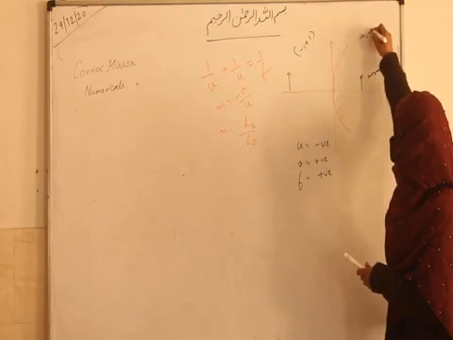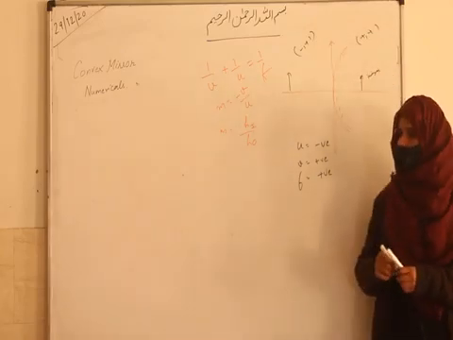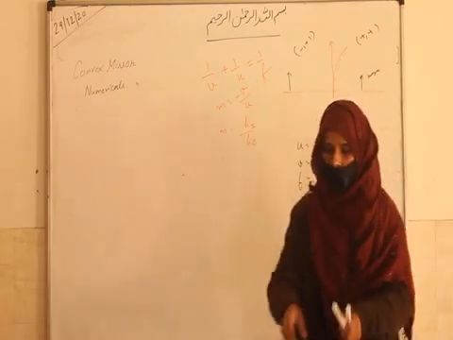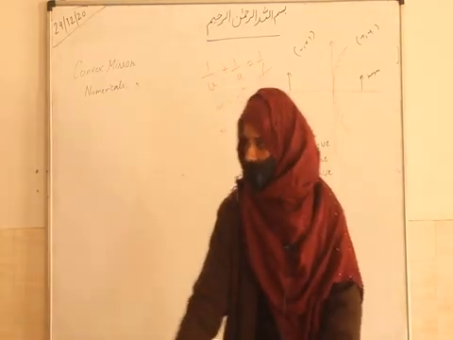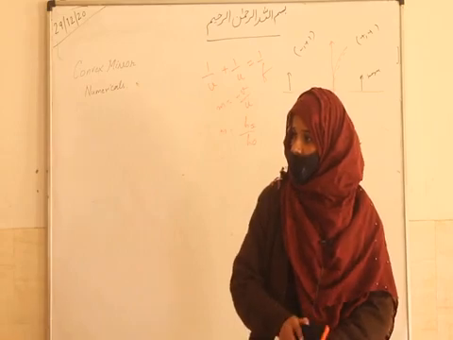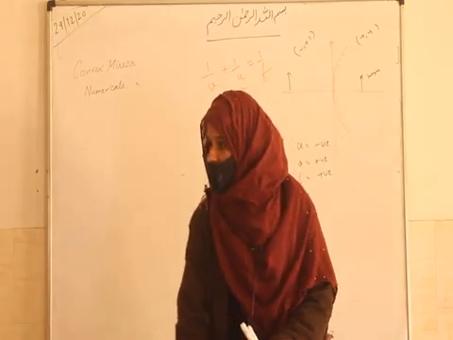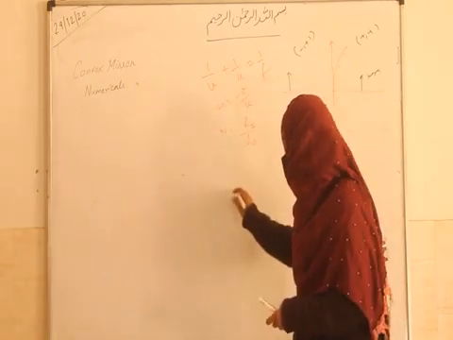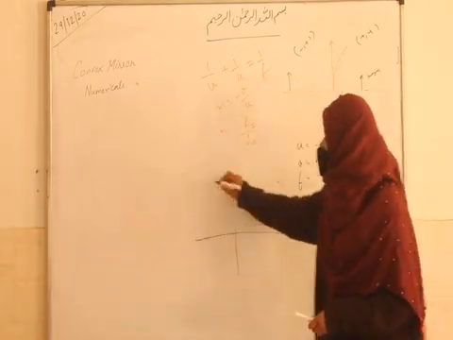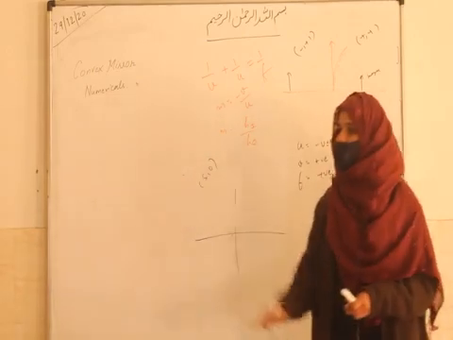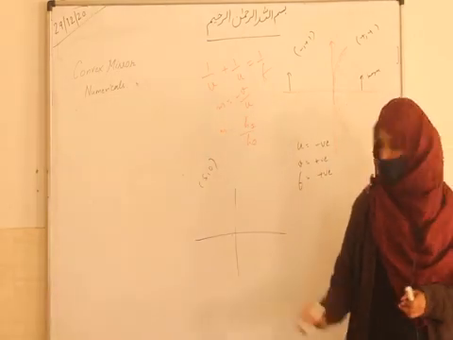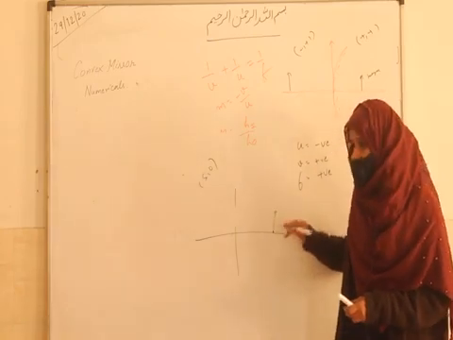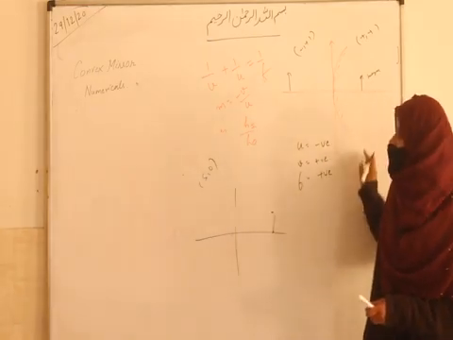So why are we taking negative? Where are we taking negative? U, because this distance. You are keeping your object. You can say this is your principal axis. You are keeping the object on the principal axis. This principal axis is what? X axis. You are keeping the object on the x axis. Let me revise this thing. Where will 50 lie? Here on x axis. If any object is standing on this, you are here applying the coordinates.